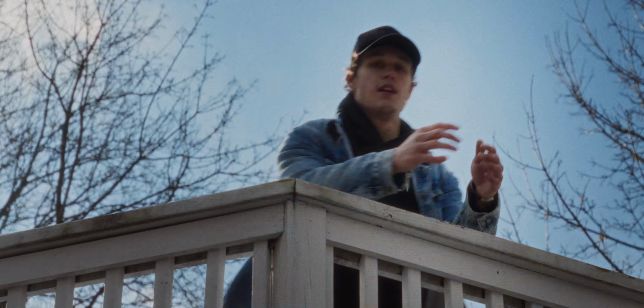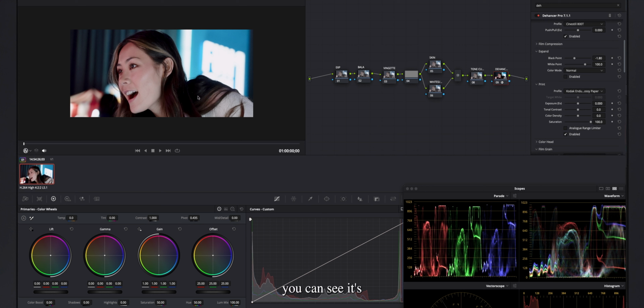So to bring back the information in our blacks, we're going to go over to the expand tab and drag our black point down. And you're going to notice that it's lifting up the bottom part of our RGB parade. That's just bringing back the information in her hair that was lost, and back here. It's super easy, super quick. If we disable this, you can see it's getting a little bit more crushed, and then we re-enable it,